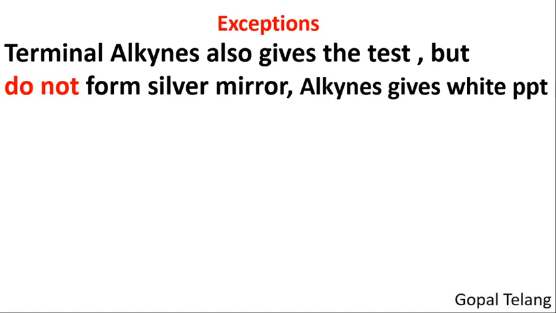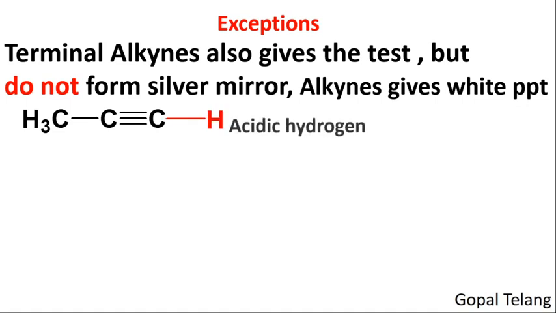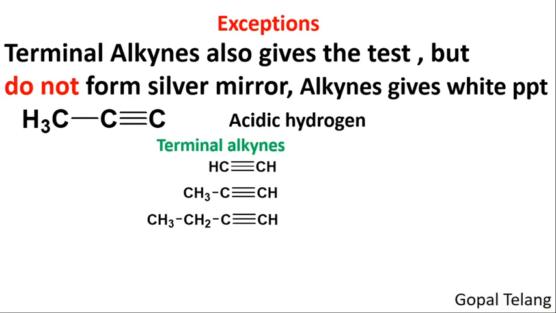Last one, terminal alkynes also give the test, but remember there is no formation of a silver mirror. Alkynes with Tollens reagent give a white precipitate. What are terminal alkynes? The compounds in which an acidic hydrogen is directly attached to the sp carbon, or the carbon which forms a triple bond. Some examples of terminal alkynes: